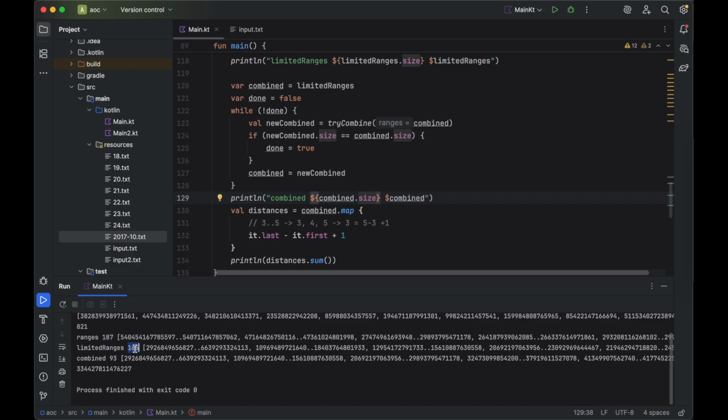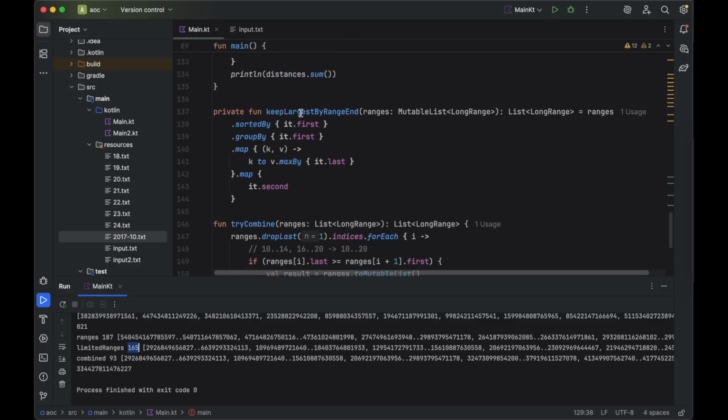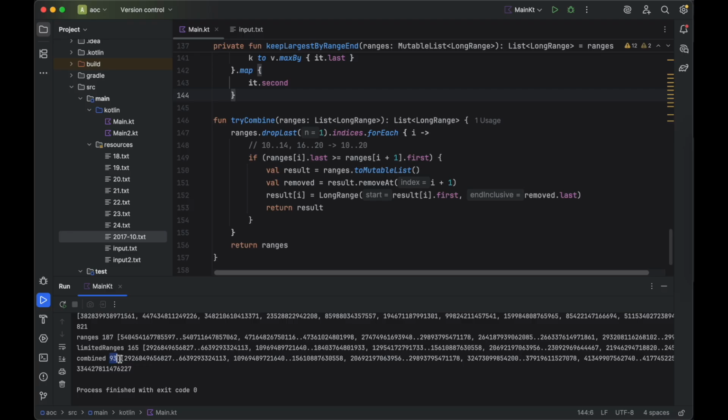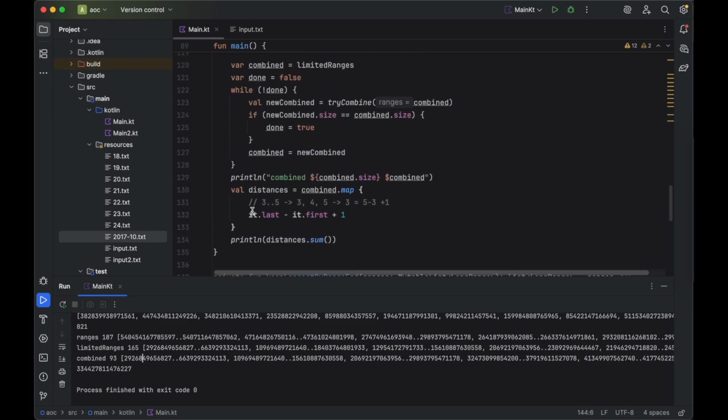Okay, we have 187 range, and then we have 165 after we always pick the largest one for each starting one. Yeah, that should work fine. Combined is 93, so then